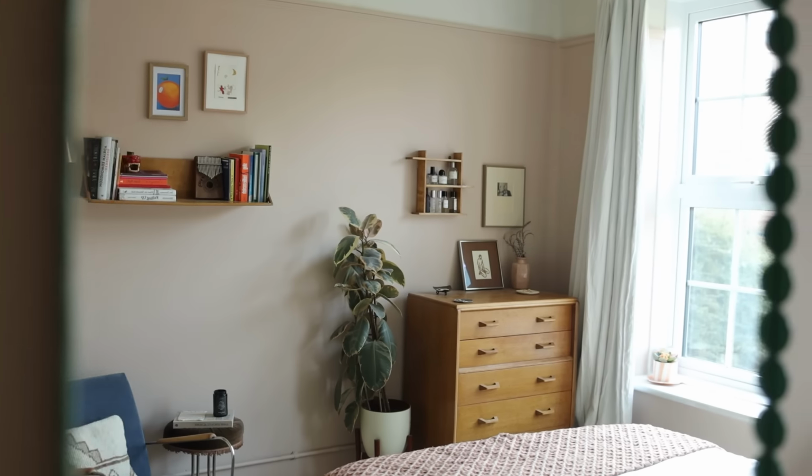When I moved in, I thought to myself, okay, I'm going to have a clear chest of drawers, because I feel like when you're renting, your chest of drawers is one of your only display places, or one of your only surfaces in your bedroom. So in all of the previous places that I've had, the chest of drawers has been cluttered with makeup or mirrors or display things and that kind of thing. So it took a while, but I'm very happy to get to a place now where this is mostly clear,